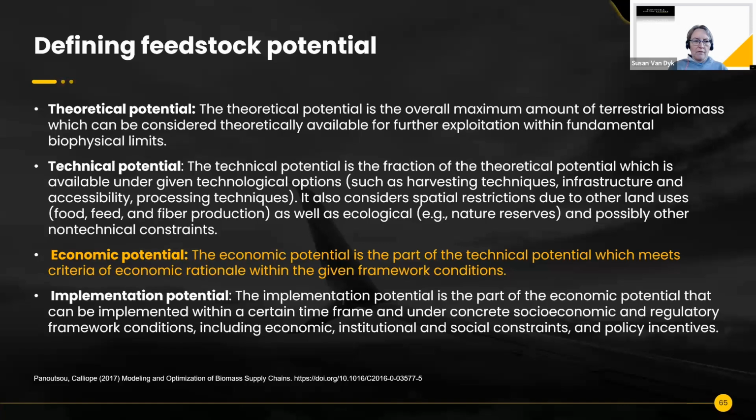But then there's also the critical issue of economic potential, because no matter how much we want to impact and achieve climate mitigation, the cost is always going to be an issue. You cannot go to an airline and just say, I'm going to sell you SAF, which is 4 times more expensive than another SAF, but this is a really good one. It just doesn't work like that. You have to make it economically viable. So the economic potential takes into account the cost and what would be feasible in terms of producing SAF that would be